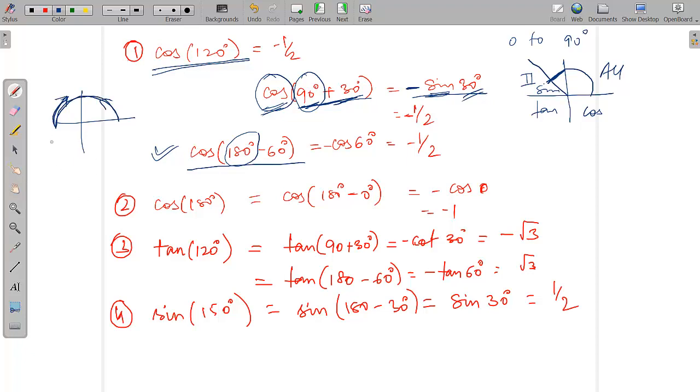Okay, so if you are touching this particular line, you can remember it in this way also. If you are touching this particular line, sine is not going to change to cos, or cos is not going to change to sine. The trigonometrical functions are not going to change. If you're touching this line, then it is going to change. In this particular example, we saw cos of 90 degrees plus 30 degrees.